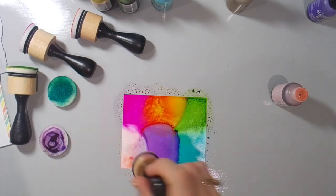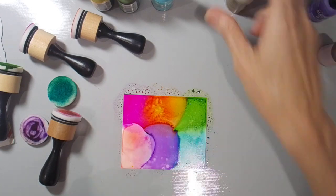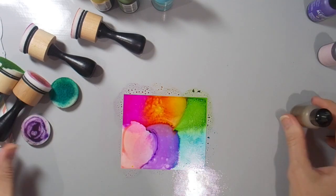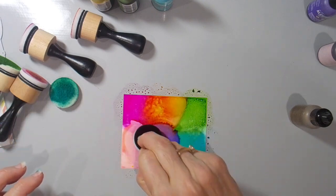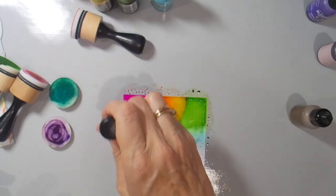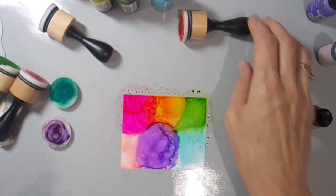And then I'm going to add some gold Mixative. I do get a bit worried here because the last colour you add always seems to start to take over. So the shell pink was going a little bit further afield than I wanted it to, so I came back in with the purple twilight, and then I was going to do the yellow, and then I looked at that